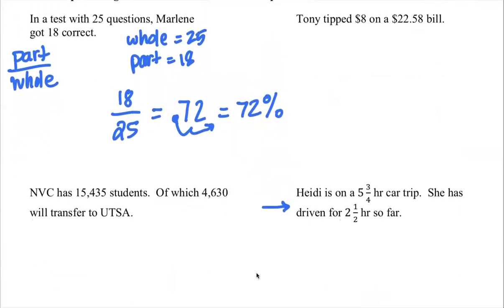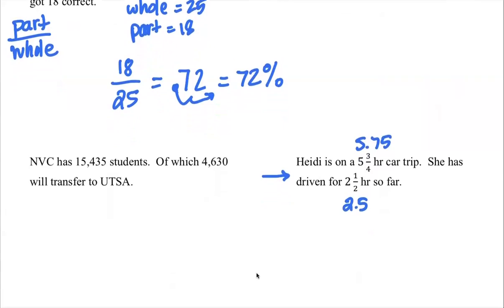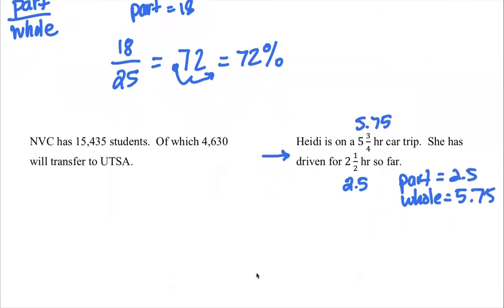Heidi is on a 5 3/4 hour car trip. I'm going to call that 5.75 and just convert that 3/4 to a decimal right now. She's driven 2.5 hours so far. So the whole trip is the 5.75. The part is the part she's done, 2.5. So 2.5 over